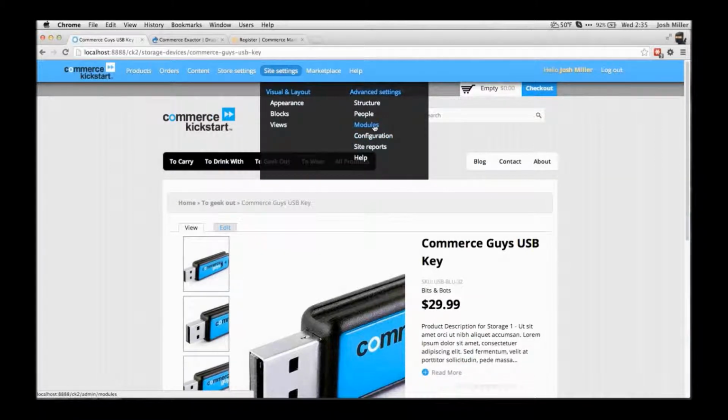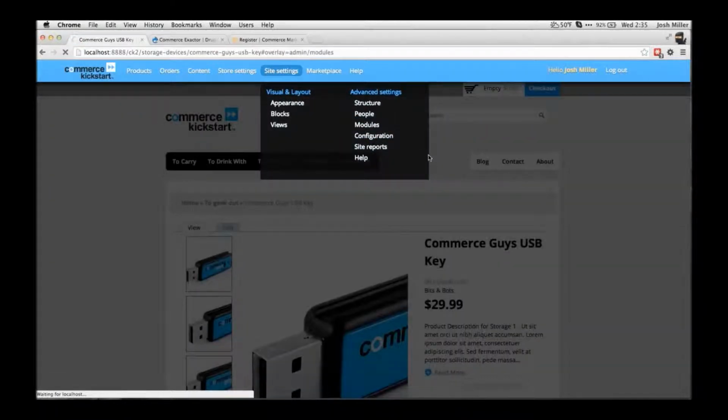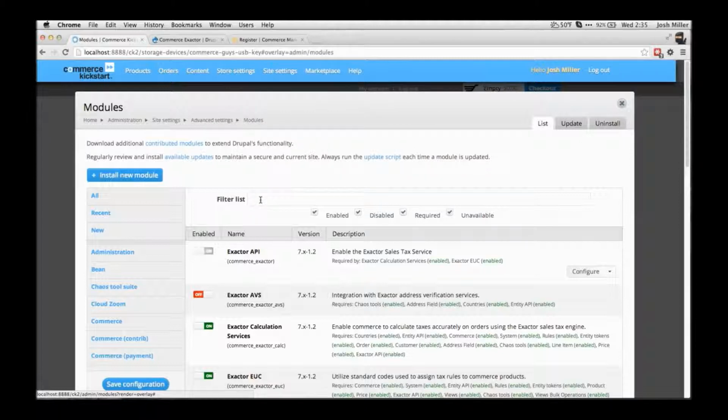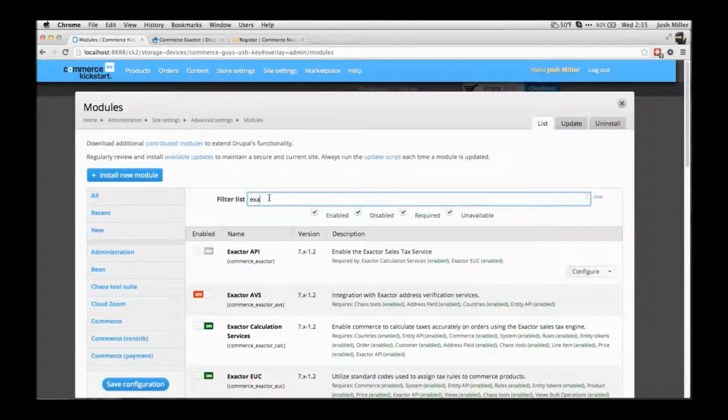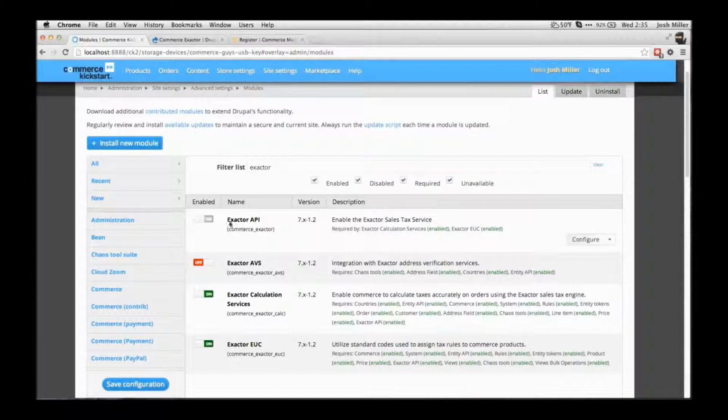To demonstrate how you do that without Marketplace intervention, you can just go to Site Settings and Modules. Now, while that's loading, I want to talk a little bit about what's going to happen here. We're just going to enable a couple of the Exactor modules, and you can find that in Commerce Tax, or you can, of course, search for the word Exactor, and it will show up. There are 4 modules that come with it. We have the API, which is obviously required, and then you have 3 different modules that you can enable based